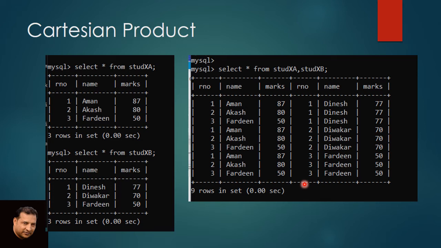And same as with the third row. So see how many rows are there in this case. This is 3, and here we have 9 rows in this result set. 3 3s are 9. That is why it is called product or Cartesian product. And how many columns are there? Columns are 6: 1, 2, 3, 4, 5, 6. It means columns get added up.